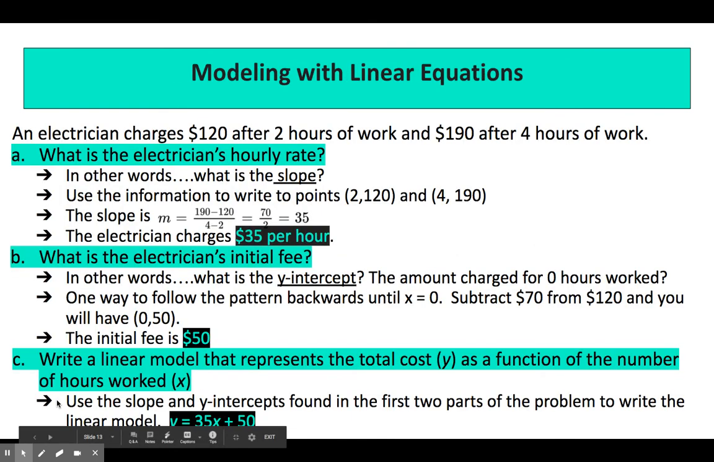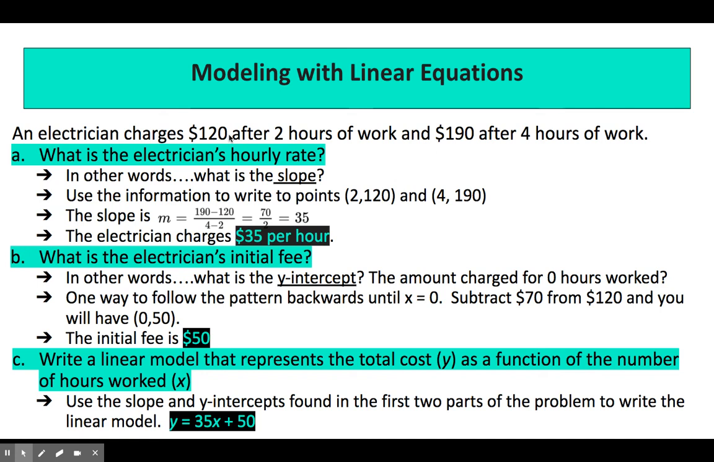So, wow, if you're ever an electrician, 120 bucks an hour, you better own your own company. They make a lot of money, but they also have to be very skilled at what they're doing. So if you know the fee to just show up, that's going to be your y-intercept. So the initial fee is 50 bucks. And if you were to write a linear equation, oh, they don't make 120 an hour. Sorry,